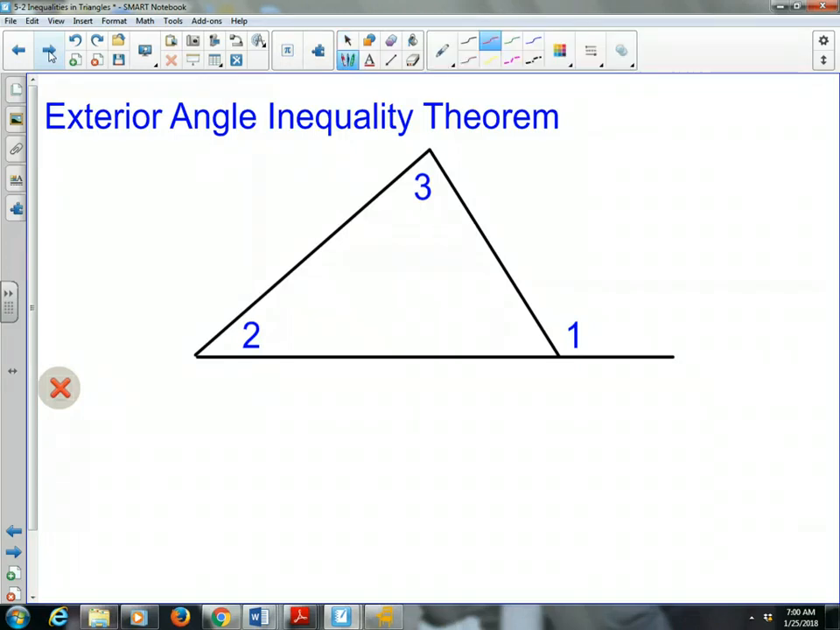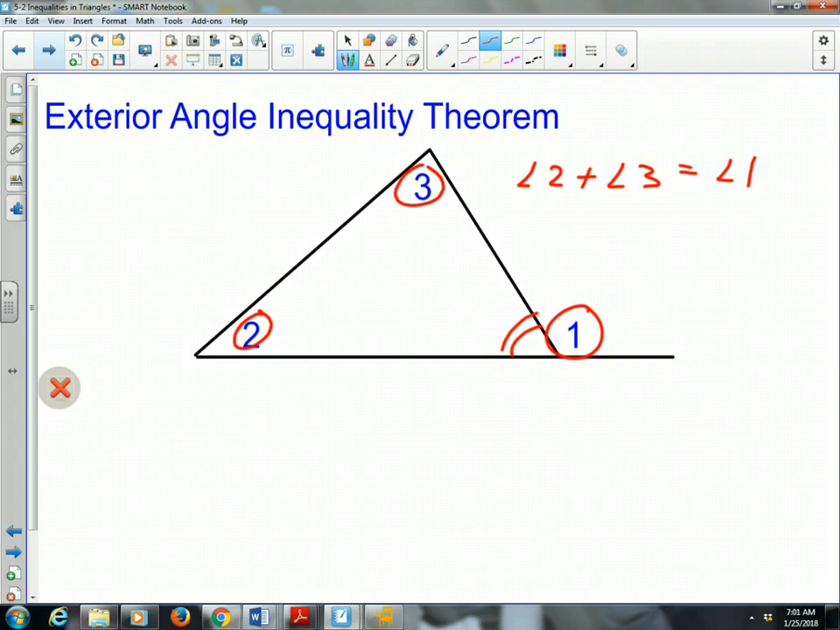Remember, angle 1 here is the exterior angle, and 2 and 3 are the remote interior angles. They're the two angles that are not adjacent, the ones that do not form a linear pair with angle 1. So earlier in this chapter, you learned that angle 2 plus angle 3 equals angle 1. So of course, angle 1 has to be bigger than angle 2